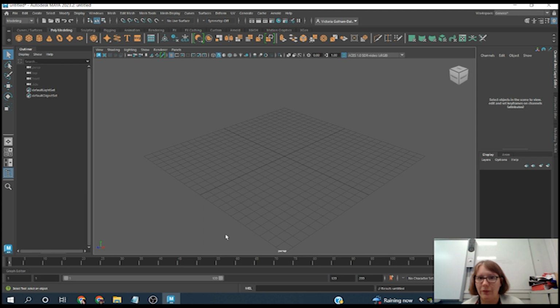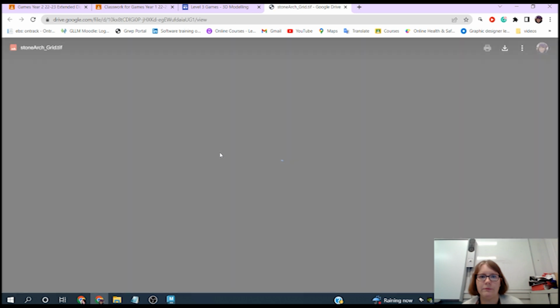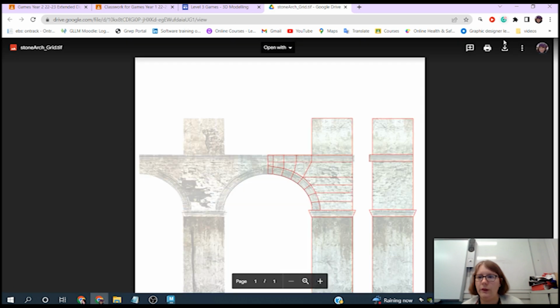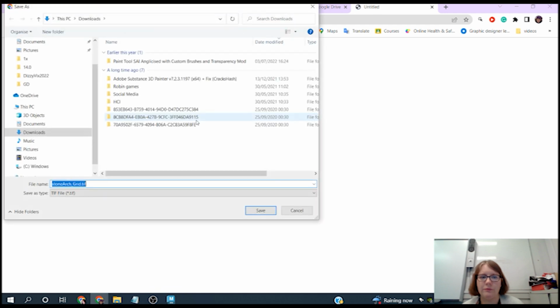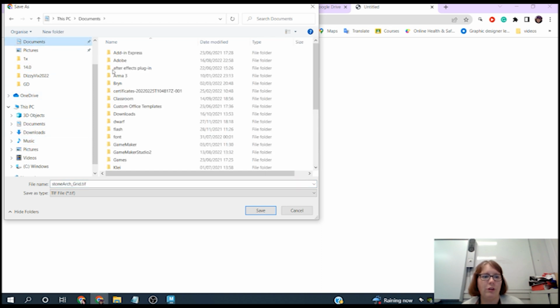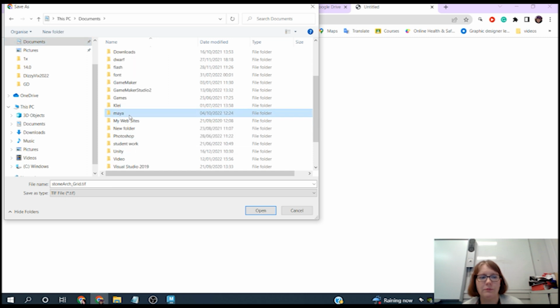And next is getting the guides in. So coming onto here, I'm going to download my guides. Here we've got the grid. Get that downloaded. And now I need to navigate to where I'm saving things. So that now should be in Documents, Maya,